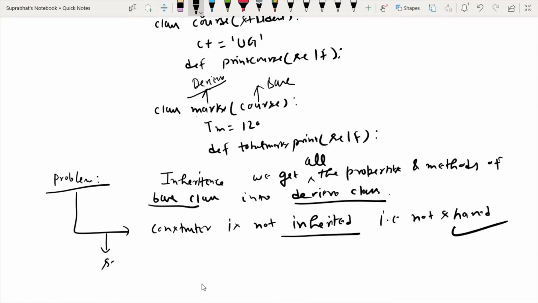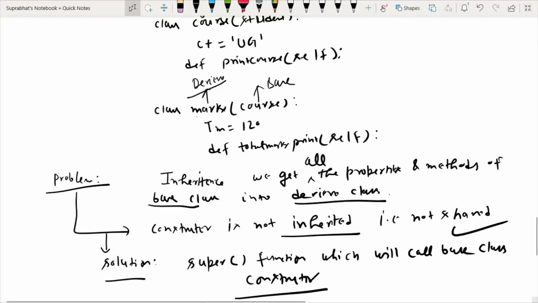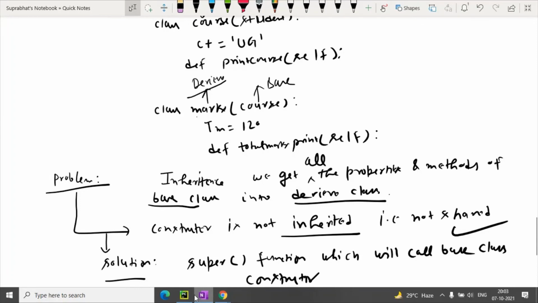So the solution of this: we use the super function, which will call the base class constructor. We can understand this practically.